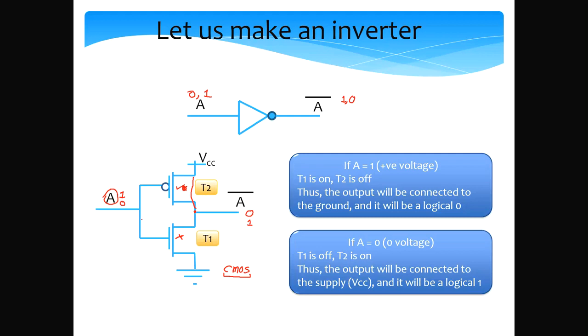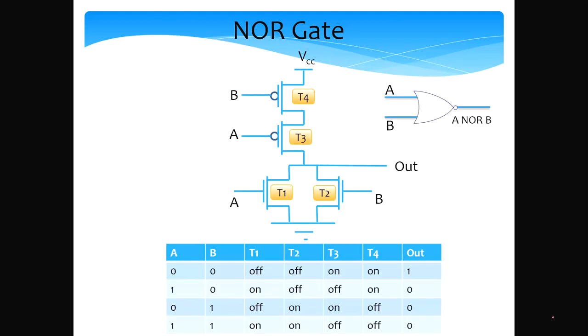And all that you need to do to understand the operation of such circuits is basically consider pairs of inputs. So if the input is a logical 1, then you need to find out which transistors are on and which are off. In the case of logical 1, T1 is on and T2 is off. So the output gets connected to ground, hence it is 0. So let's see more examples of a similar logic. Let's consider a NOR gate, which is of the same type at least. It looks similar, but we have twice the number of transistors. Let's find out what it does.